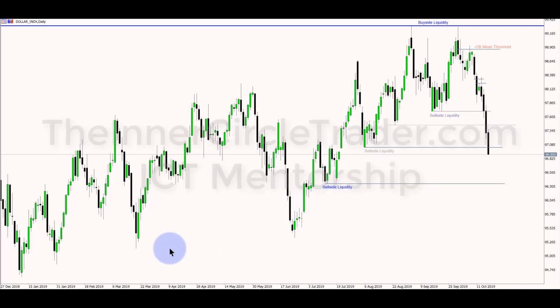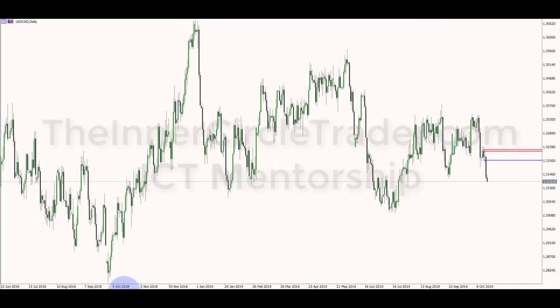I'd love to see that and attack these equal lows here. But in reality, just because I want to see it doesn't mean it's going to unfold like that. We're in a range. We don't know if it's going to be a straight run. I'm expecting high resistance liquidity runs between here and here, but still targeting here. That translates to CAD reaching for here and then maybe down into here.